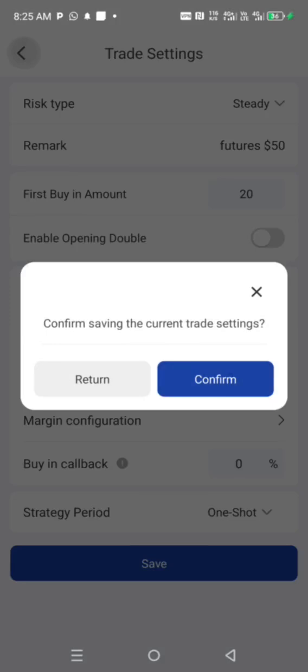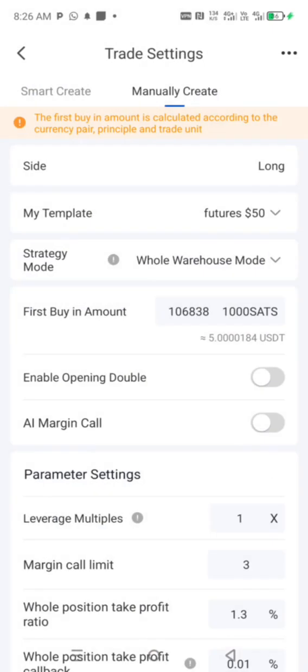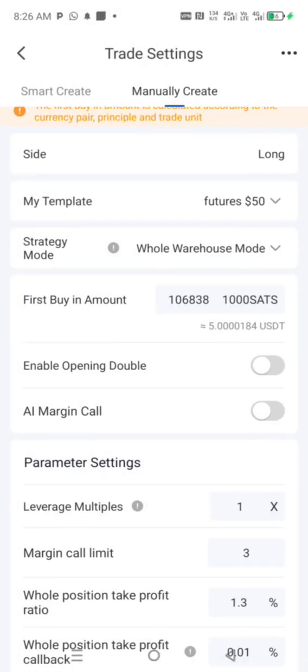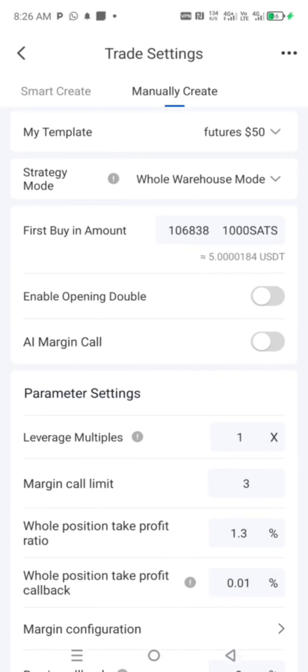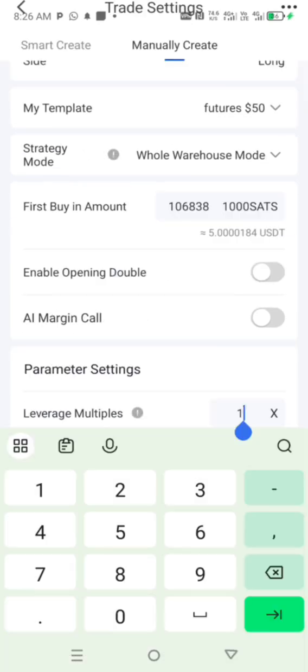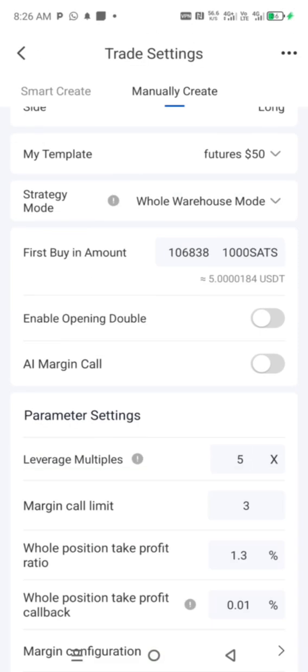Okay, so I will now select it. So watch now, the only thing you have to do here is to make sure your leverage is between 2 to 5. So I will choose 5. Now the first buy amount, you know, is $20. This your settings for $50 is $20. That is your margin, you want to start with $20. Then you will now share $30 within